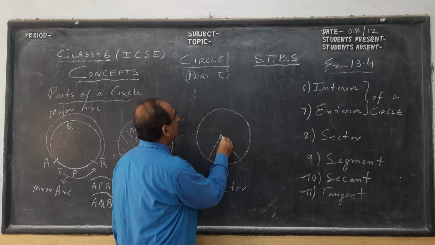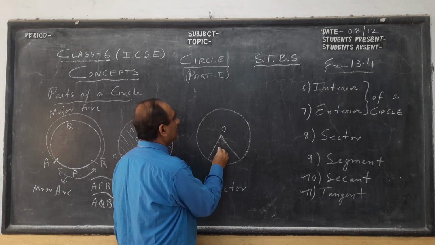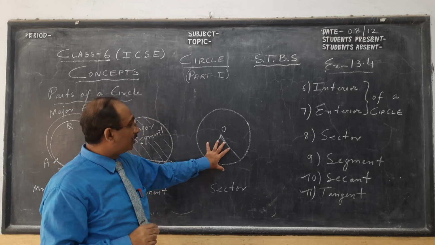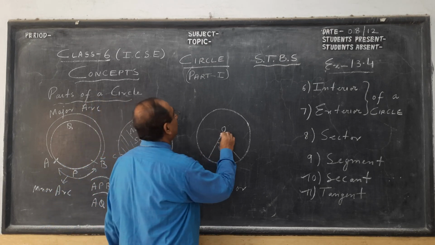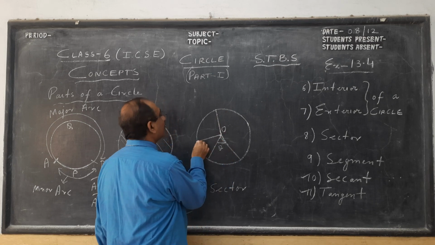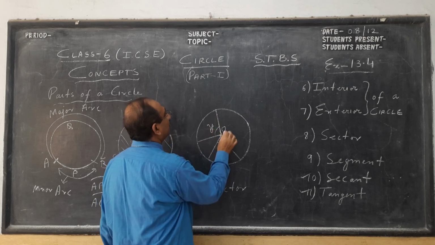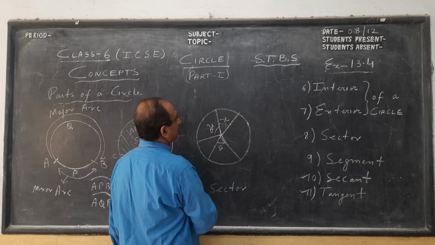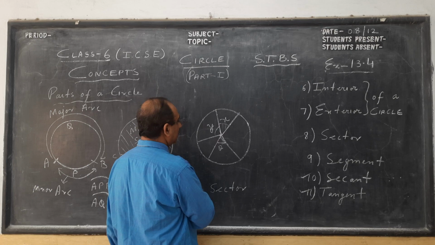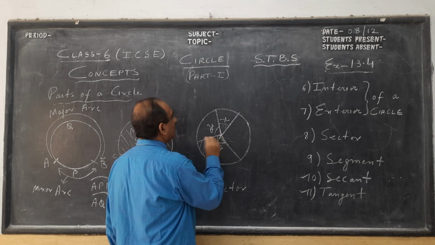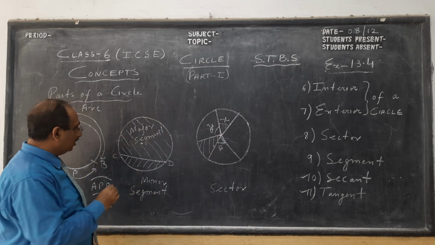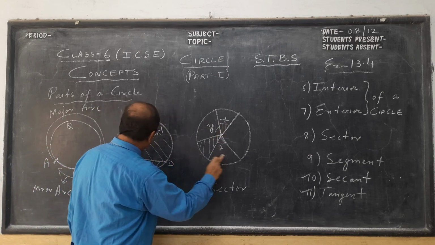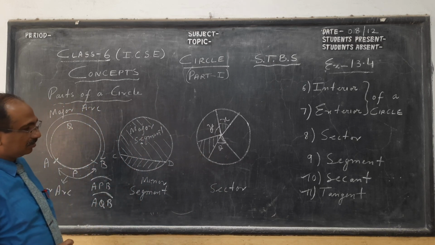So this is called the center, from the center of the circle. So this angle can be x or theta. So sector is like pizza pieces, where you have different pieces which are from the center of the circle. So I can have here another one with angle x. Total angle is 360 degrees. So sectors are like pizza pieces from the center. See the difference. Sector is from the center, this shape, and segment is like this.